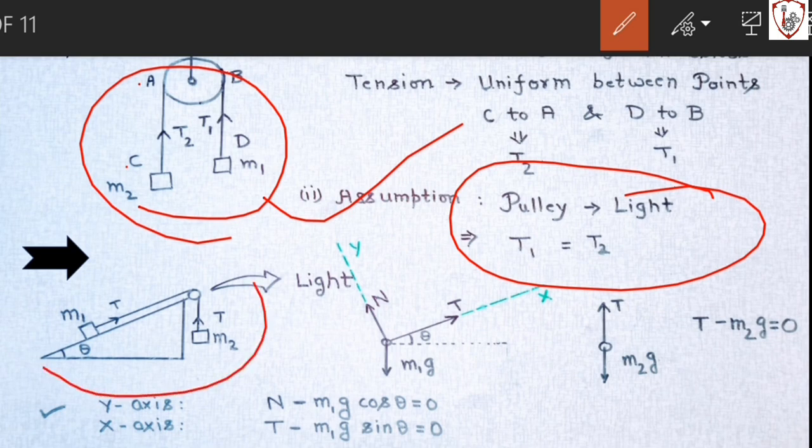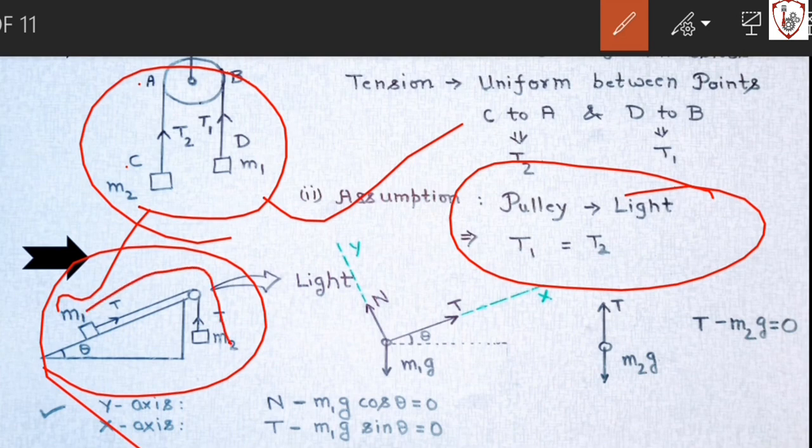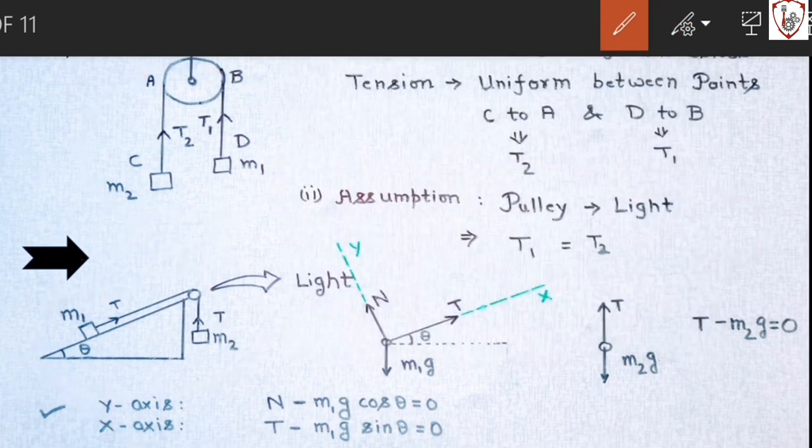Now take this example here. This is a wedge having an angle theta with the x-axis, and one mass is connected here, and through a pulley, through a rope, it is connected with mass m2. Now, once again it will be written in the problems that the pulley is massless or light, correct? Then the tension throughout the length of the rope between m1 and m2 will be the same,